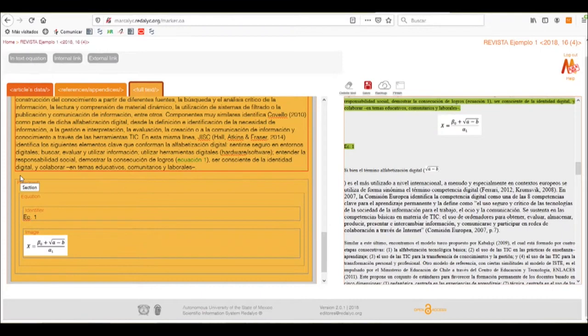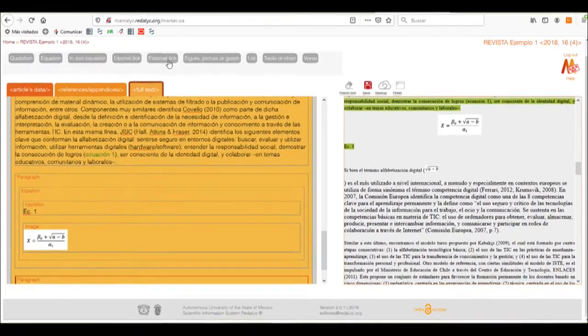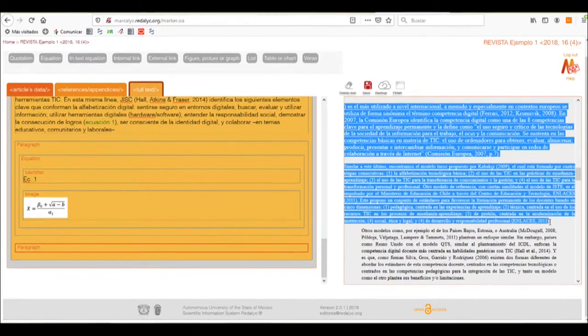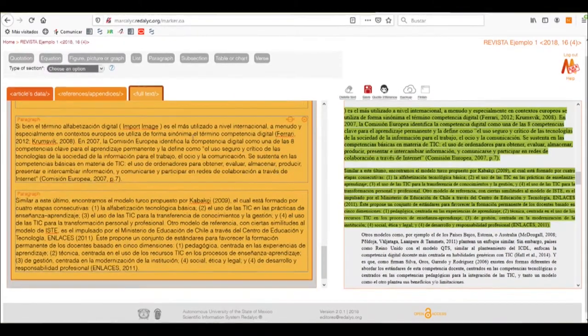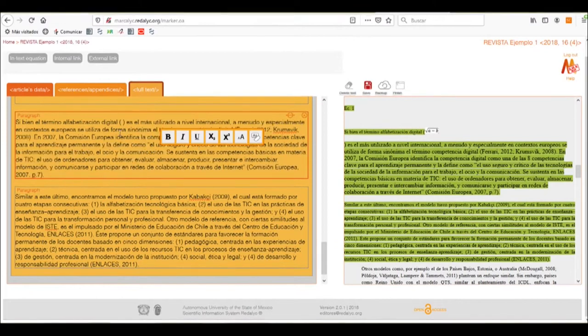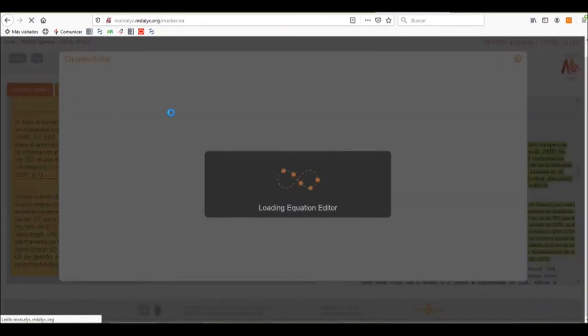Now that we've done this, we'll continue with the next paragraph of our information. So we'll click on the section part of the box and select the option paragraph on the toolbar and start selecting again the paragraphs that are in our article. Now this particular article has a formula that is embedded in the text, so we'll delete the import image and add the in-text formula by going to the toolbar on the in-text formula and insert it as a tag. This will take us to the formula creator,